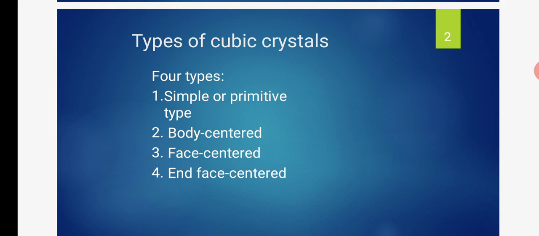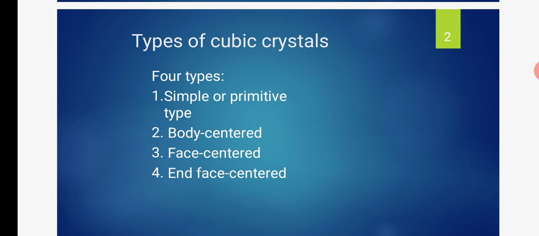Therefore, all the eight corners of the cube are occupied by spheres, and hence it is also called simple cube or primitive cubic crystal. Secondly, body centered cube. In this type, eight corners are occupied by spheres, and apart from the eight corners,